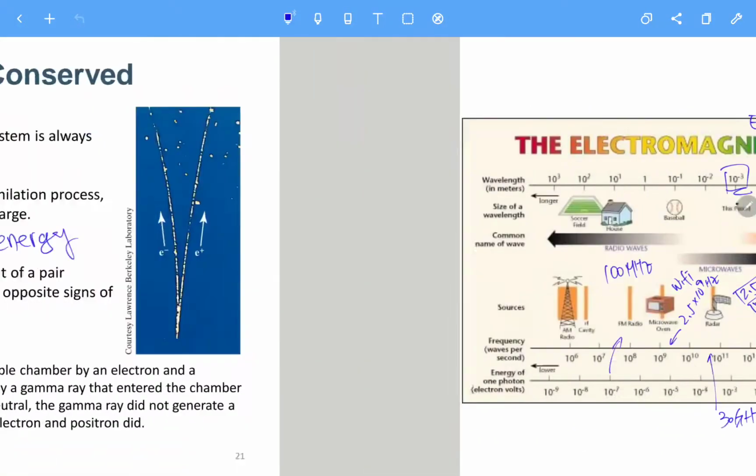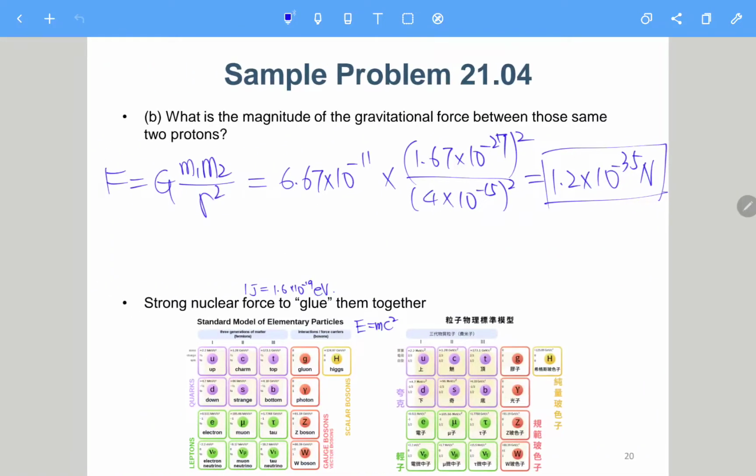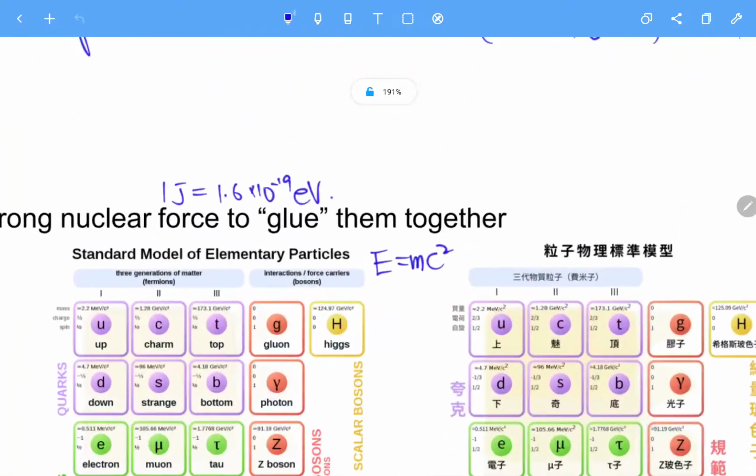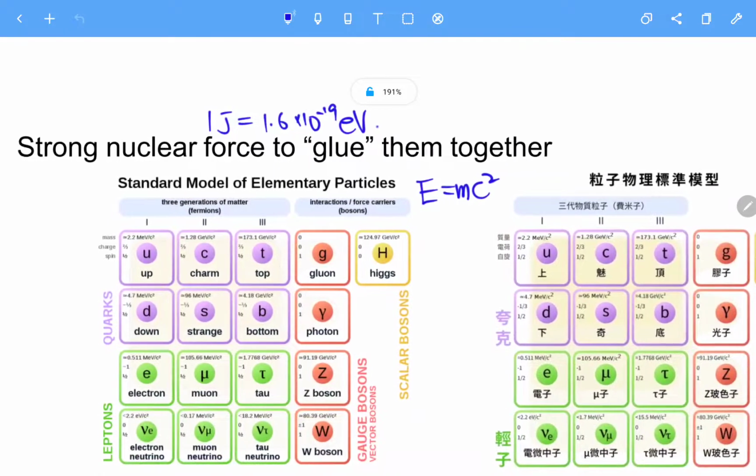As I mentioned in chapter 21, I showed the standard model for the elementary particles. Of course, for high school chemistry, you only know the proton, the neutron, and electron. But actually, physicists try to find whether there exist any more fundamental or more elementary particles